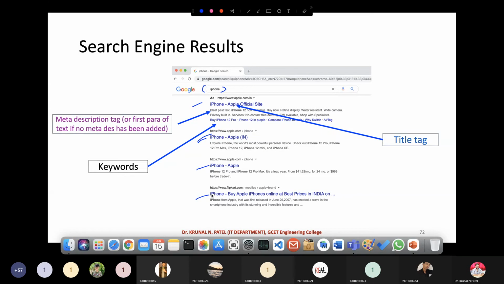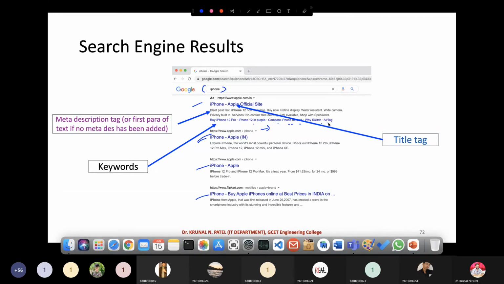The meta description text. Here you can see that this is a particular result. Here you can find a link. This is your particular meta information. These are your keywords: iPhone 12 Pro, iPhone 12 in purple, compare iPhones, why switch, add tag.